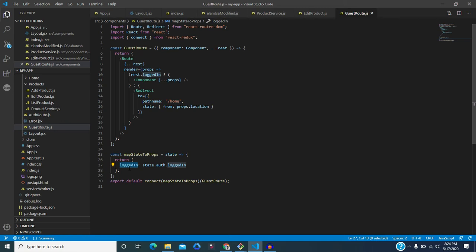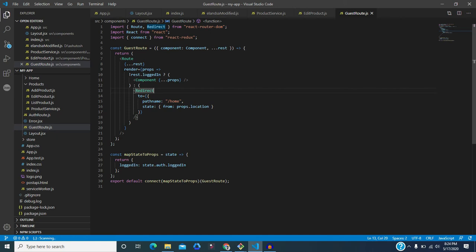If the user is authenticated, then their information will be stored in the central storage, and because we are using Redux, we are pulling that information and writing some logic: if the user is authenticated, then this will show the authenticated or protected resource. Otherwise this will redirect to the other route, wherever we want to redirect.